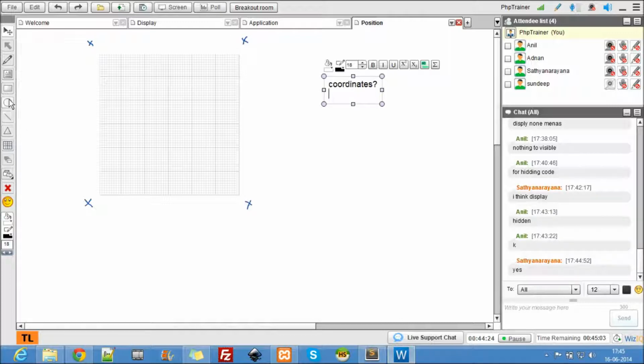Okay, I'll tell you. So this is 0 comma 0, x direction 0, y direction 0. Let's take this is an 800 pixels page. What is that? 0 comma 800, right? Any question here? The width is 800.